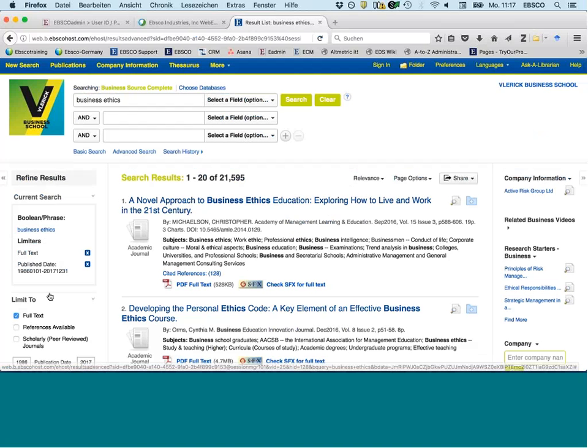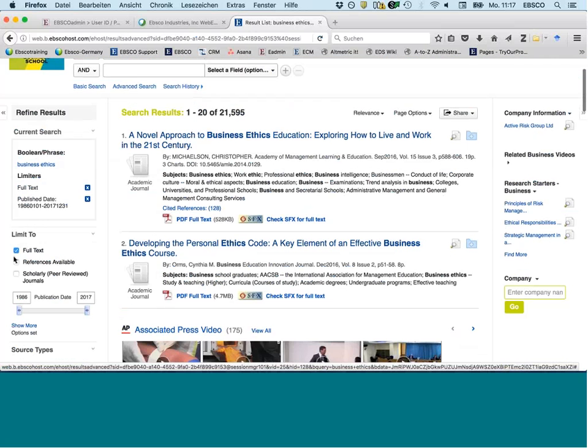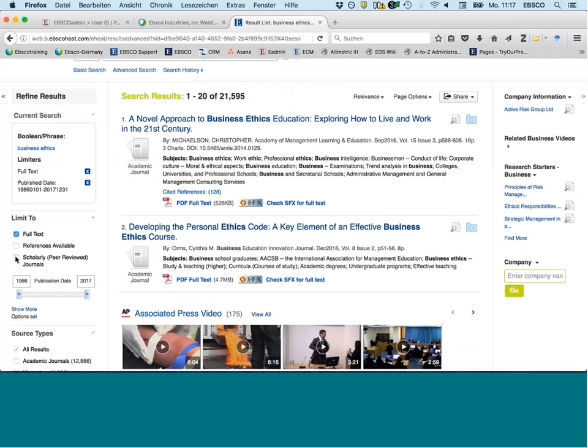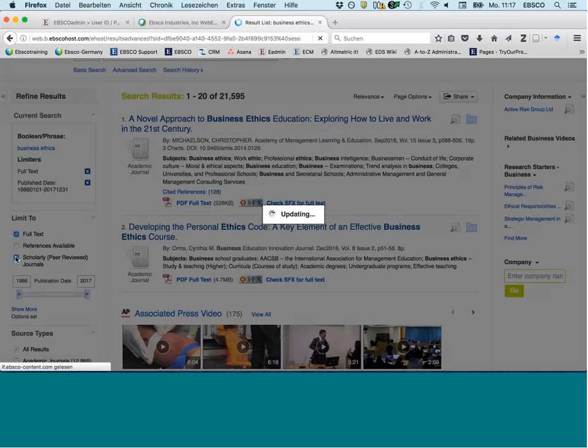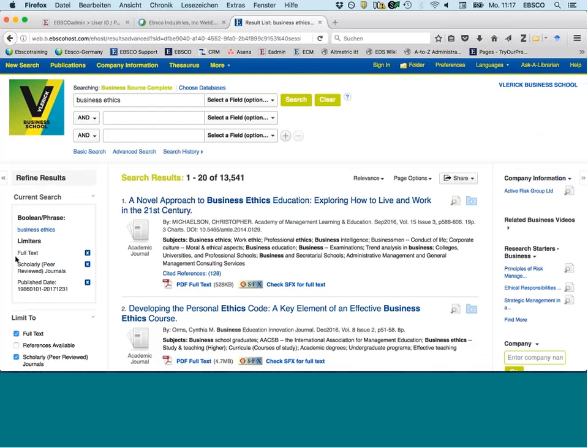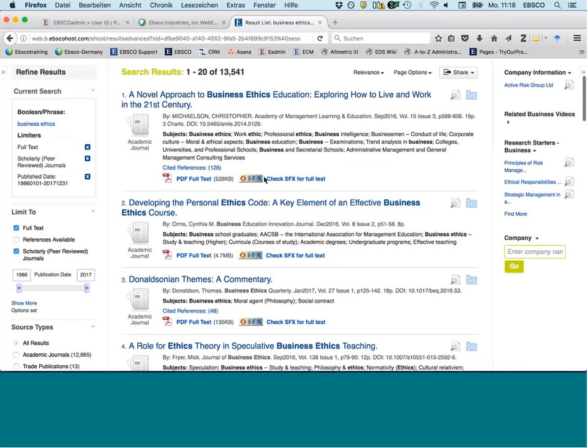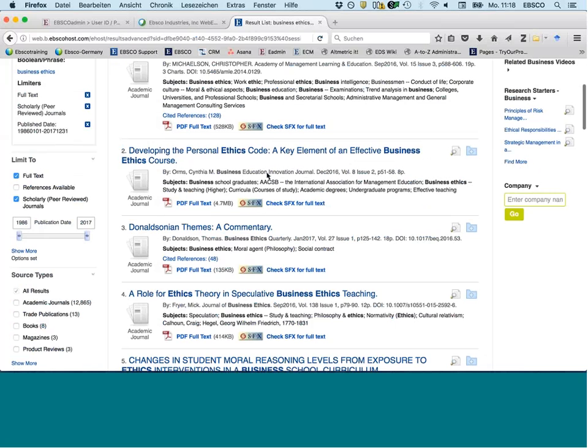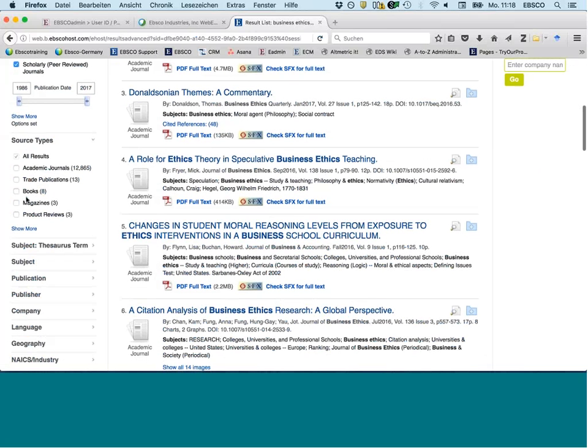And there's, for example, a peer-reviewed limiter, and this will only present you with articles that are from academic journals. So the list here will not include journals like Forbes or Time. This will only be academic journals, and those of course are more useful when writing a thesis or an academic paper. Below there are source types. So again, you can choose by academic journal, or you can have books or product reviews, magazines,